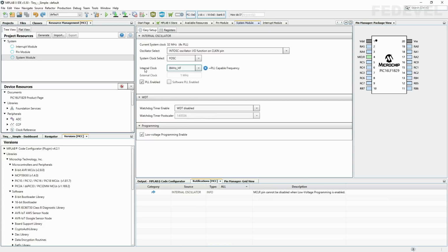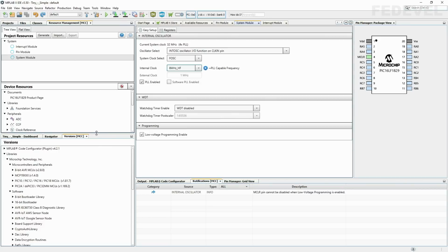Okay, so internal clock 8 MHz multiplied by 4 is 32 MHz, the system clock. Also notice the watchdog is disabled. We are going to leave this, and the low voltage programming mode is enabled because this is checked, and this is exactly what we set in our debugger settings.